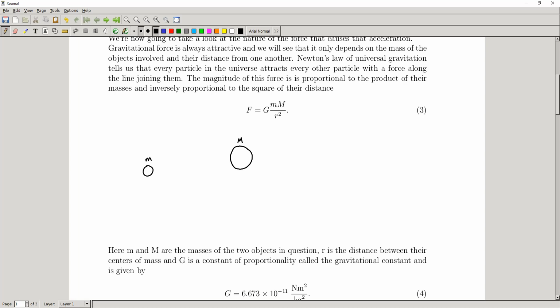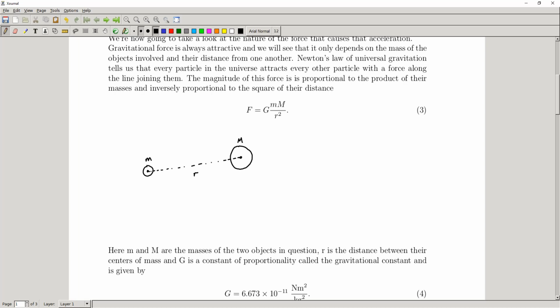The capital M will go for the larger object when we're talking about two objects that are attracting each other gravitationally, right? And so let's write the center of mass in for each of these objects. So this dot is meant to represent the center of mass. And let's draw a line connecting the centers of mass of these two objects. If the length of this line is r,